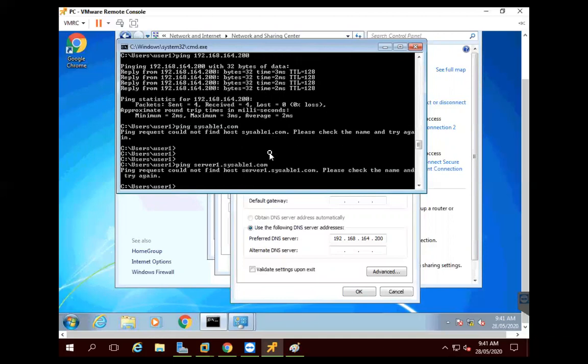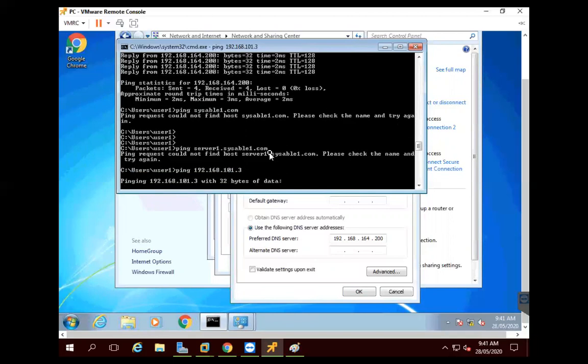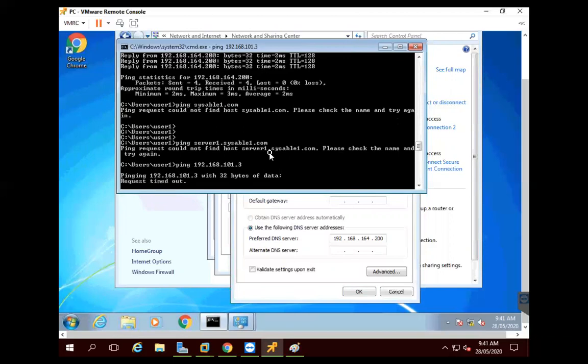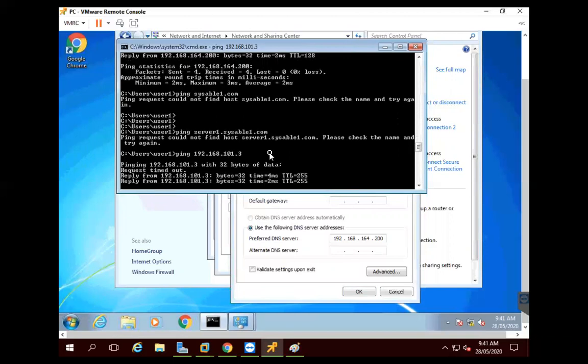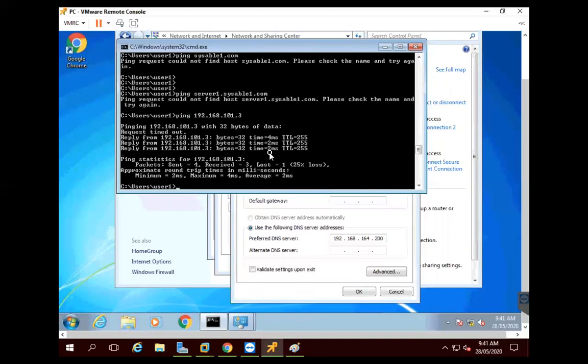Accessible1.com, ping 192.168.101.3. Yeah, we are able to ping the IP address, but name resolution we are unable to do.